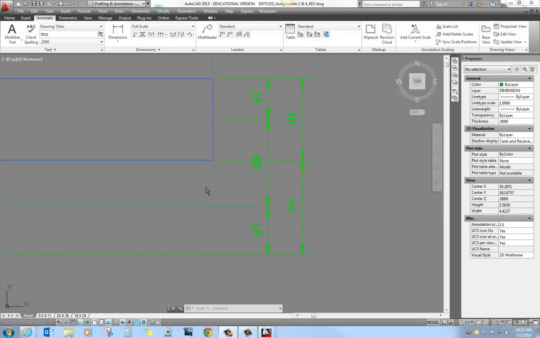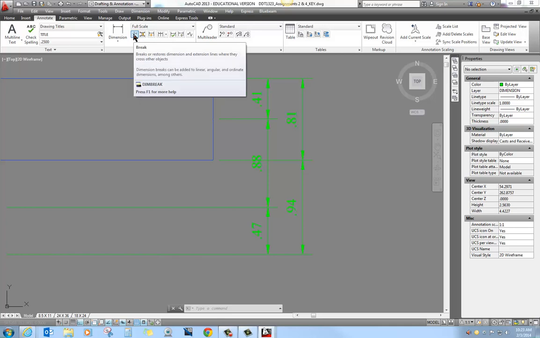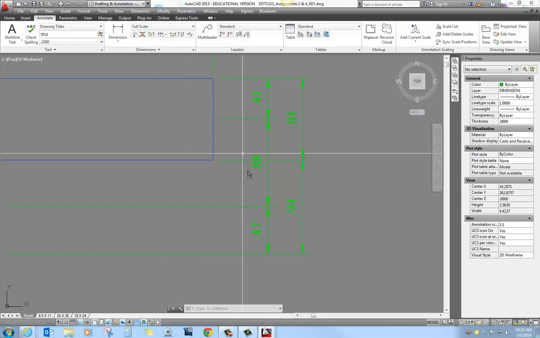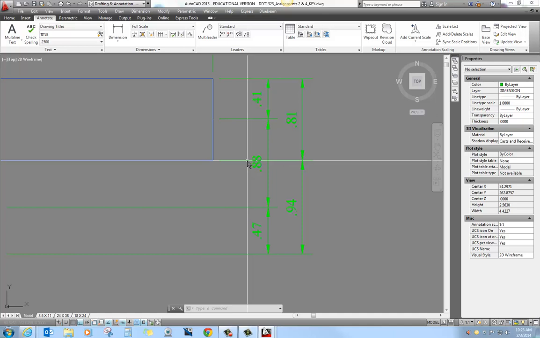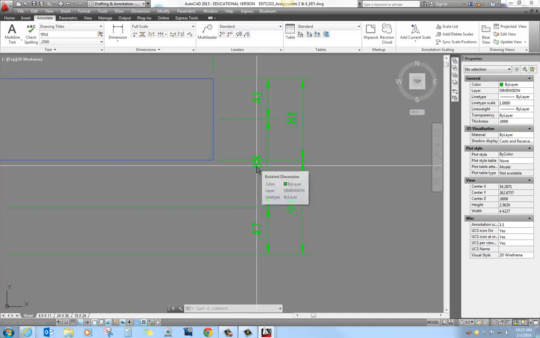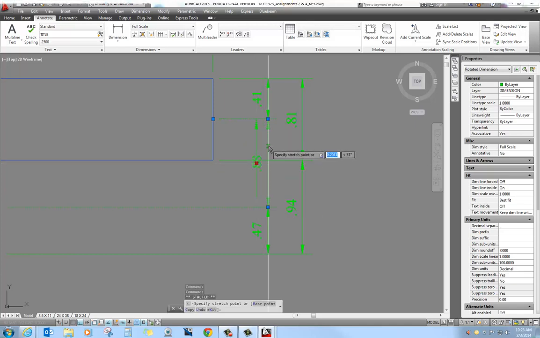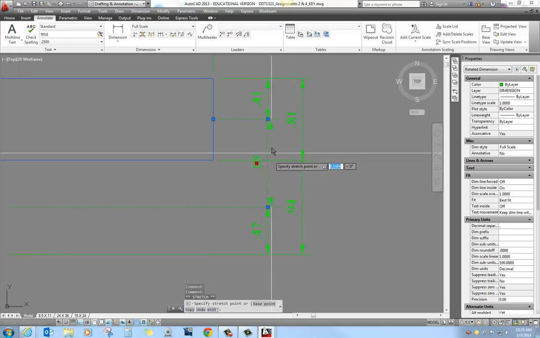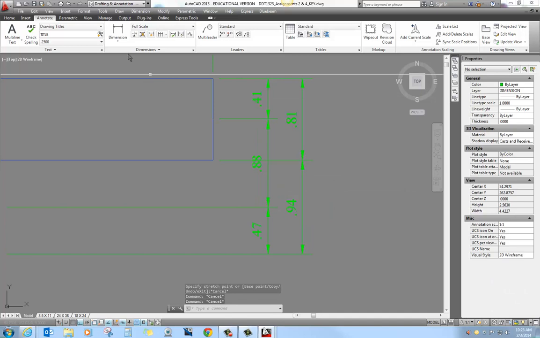We'll now continue our look at some of the other dimension tools on the dimension panel. We're going to look at break, which is the very first one on this row. What that's meant to do is take a situation like this where we have an extension line running through an actual dimension. If we don't want to move that dimension, if we don't want to just click on it and move that dimension out to the left or the right, away from that,